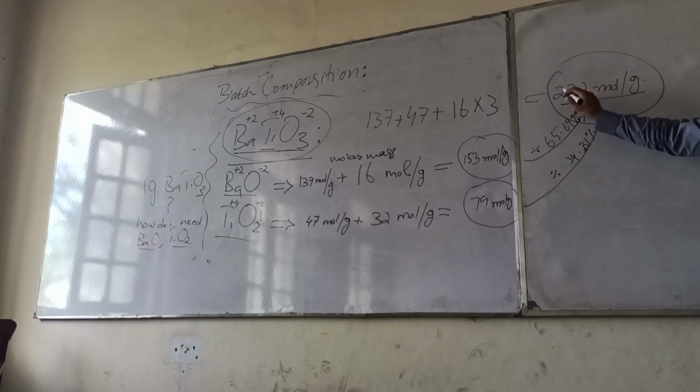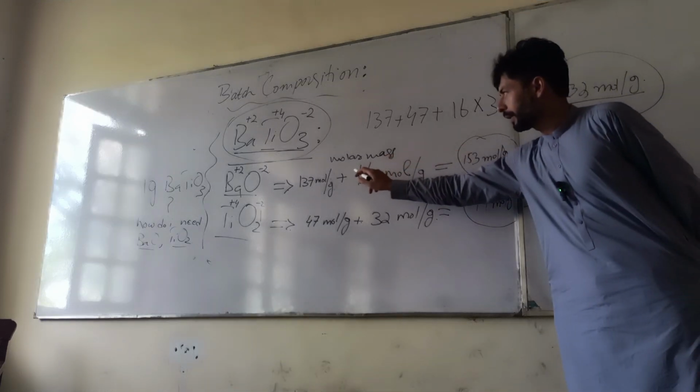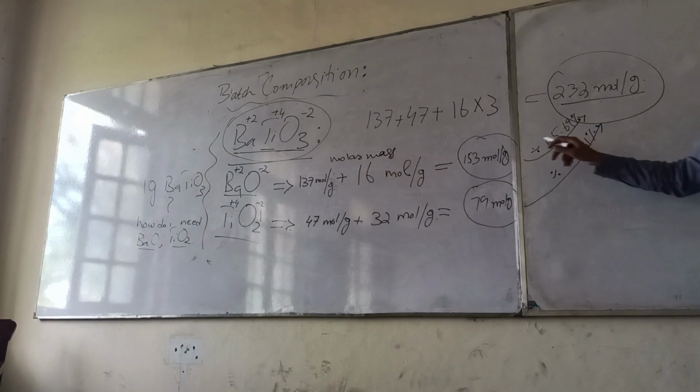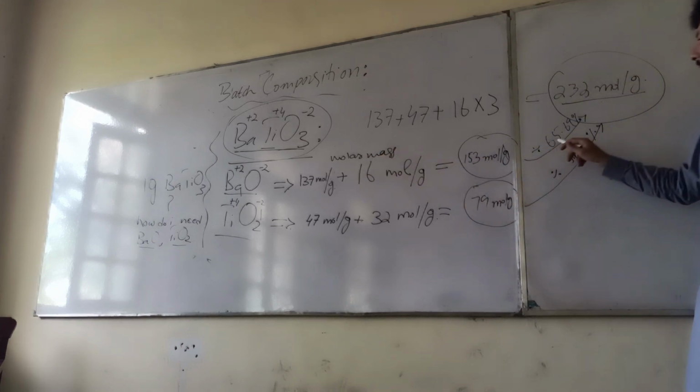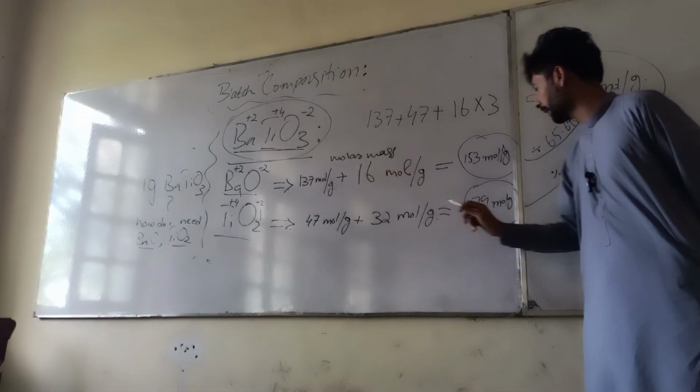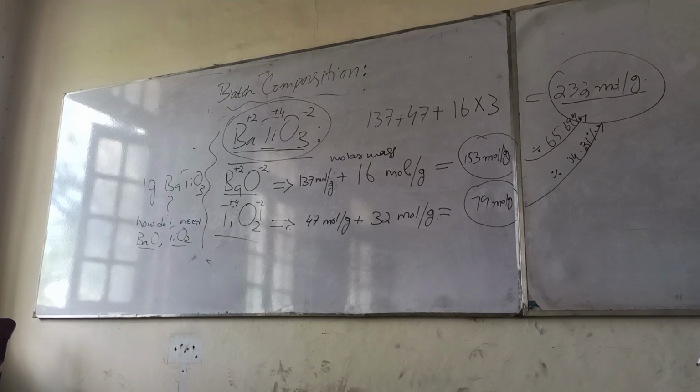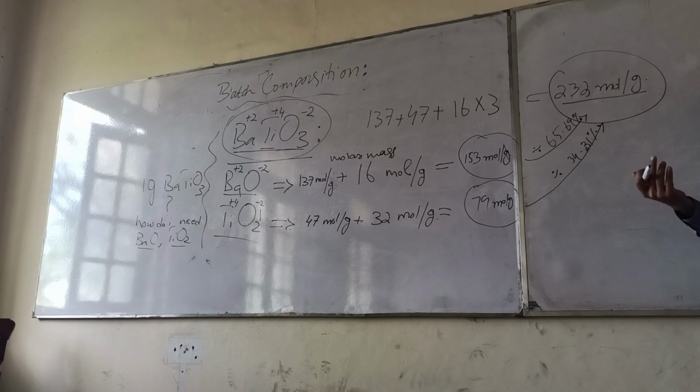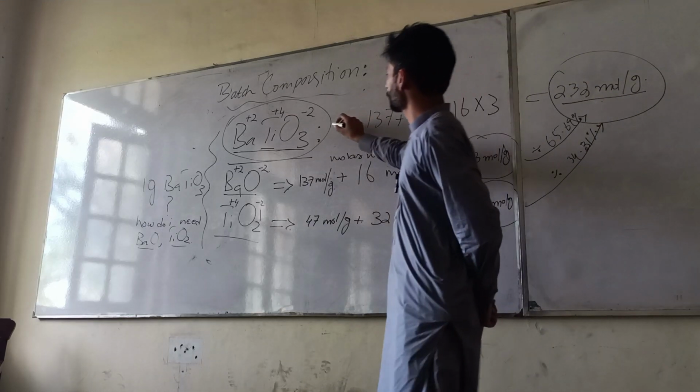So in this much moles per gram of barium titanate, barium oxide is contributed. What is the contribution of barium oxide? It is 65.6%. And in this much moles per gram of barium titanate, the contribution of titanium dioxide is 34.31%. Now, your requirement is to